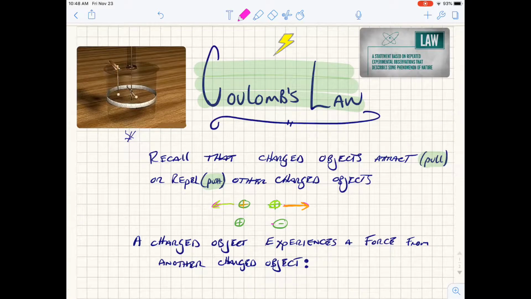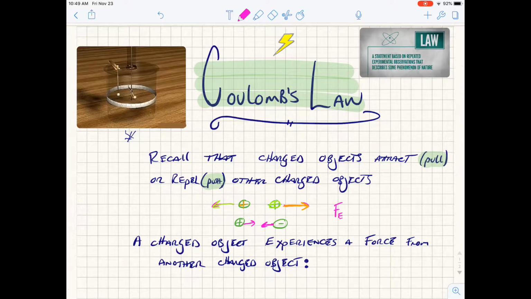The force is an attractive force this time, so the negative charge feels a pull from the positive charge, and the positive charge feels a pull from the negative. So we can describe the force that each of these charges experiences as the electric force. And this is what Coulomb played around with,